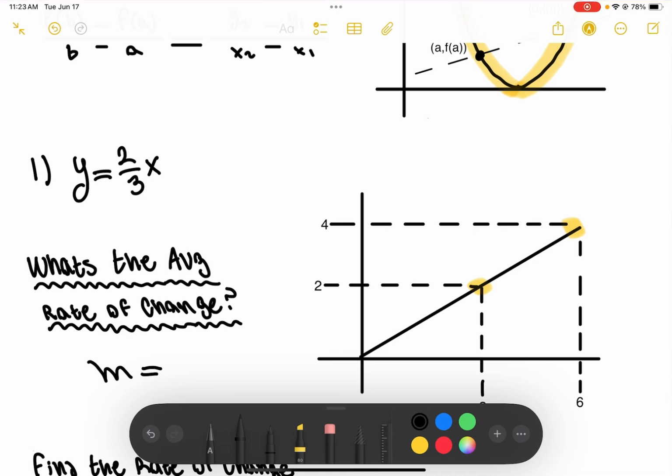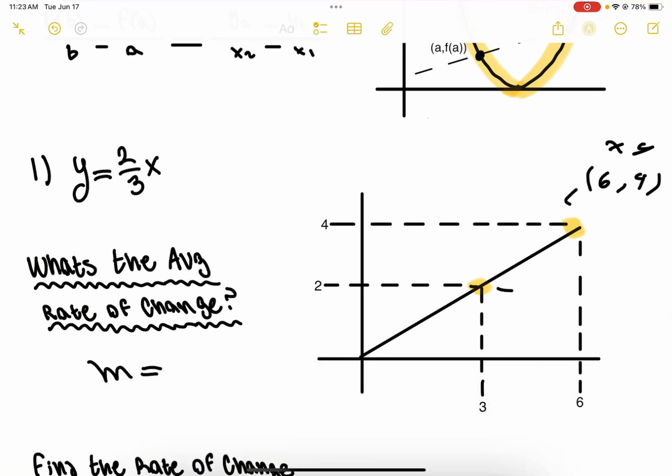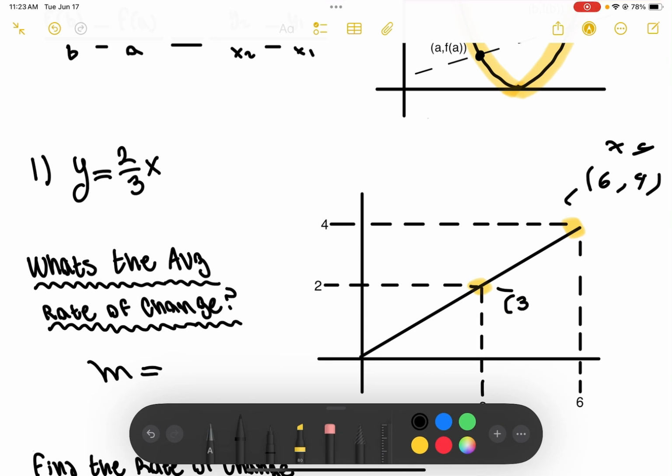So this point is going to be 6, 4. That's our x, that's our y. And this is going to be 3, 2. And so now we just plug that in. So, change in y over change in x. So y2,